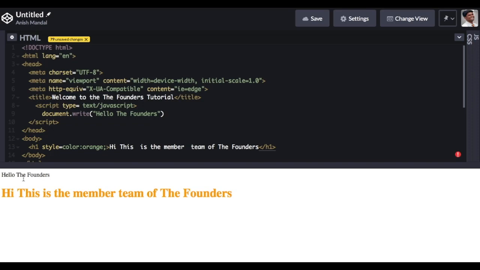You will be wondering why the hello the founders is coming at the top of this body message. It is at the top because it's above the body message. It depends where you write the JavaScript code. Suppose you write the same code in the body above the message tag, that is the header tag here; this will again generate the same message above this message tag.